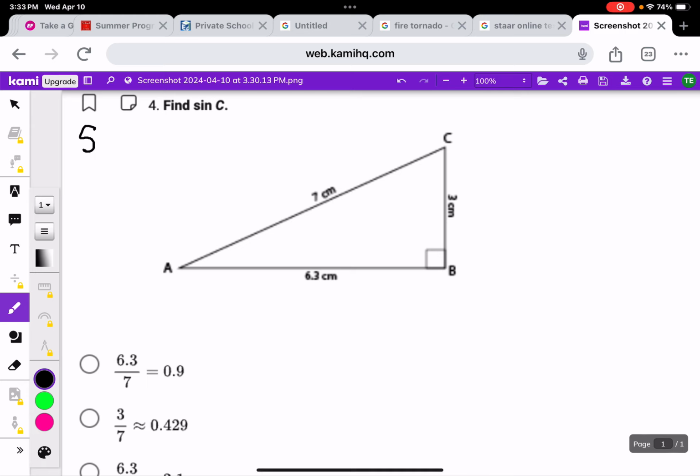I don't like that color. Could have sworn I switched colors. All right,